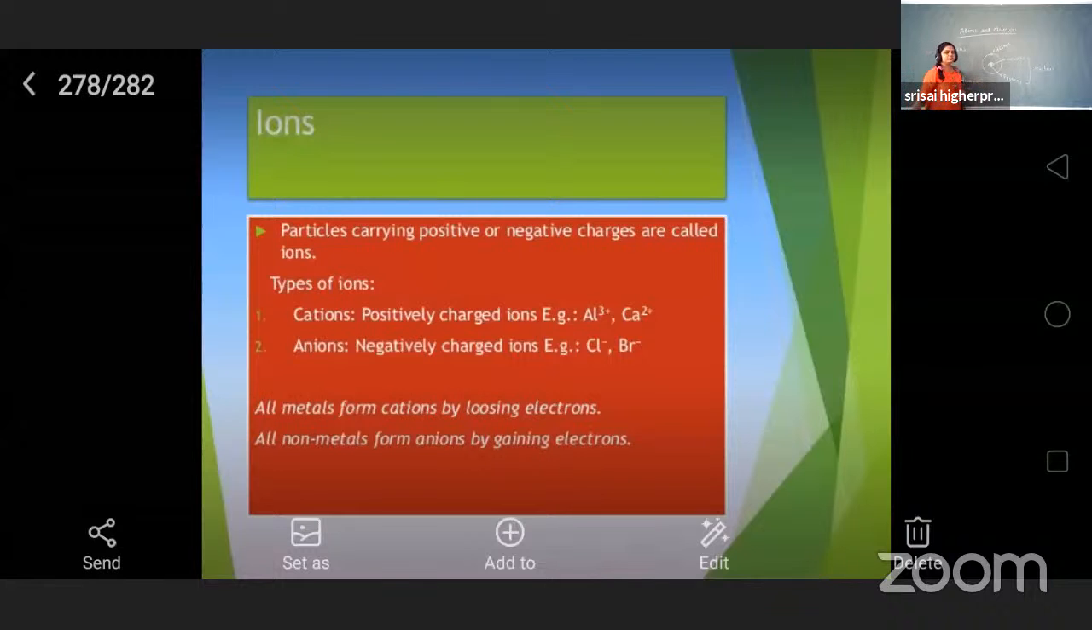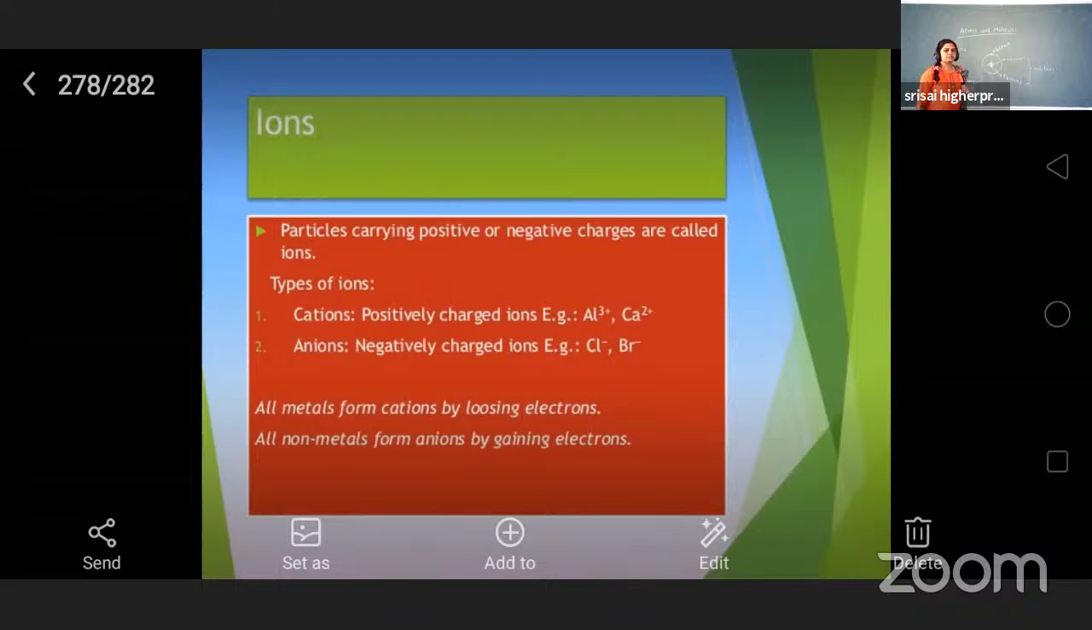So cations means what, students? Positively charged ions. These positively charged ions are called cations. And negatively charged ions we call anions. Here you will understand that all of the metals and the non-metals